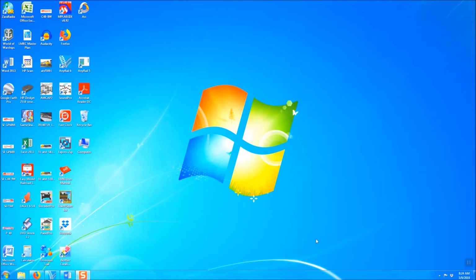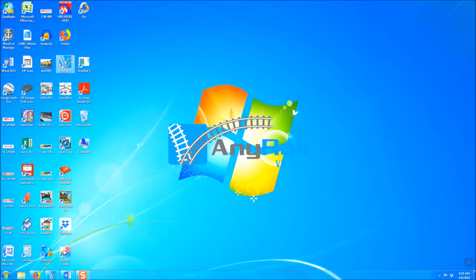I am going to assume that you can download AnyRail just like any other software on installing it. So go ahead and get it installed, and there might be some updates. Go ahead and get those done, and then you'll be ready here. You'll get a little icon like this right here. We'll go ahead and open up the program,